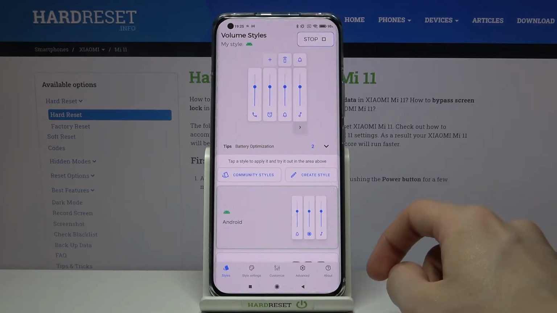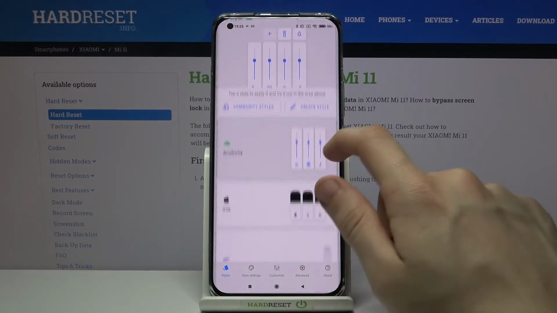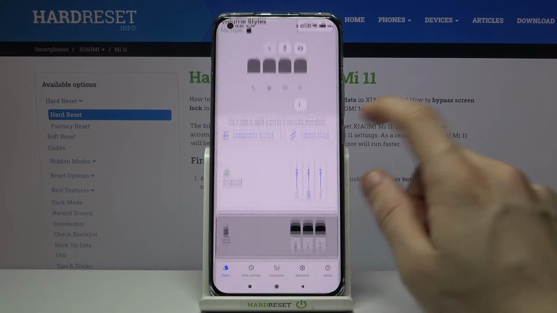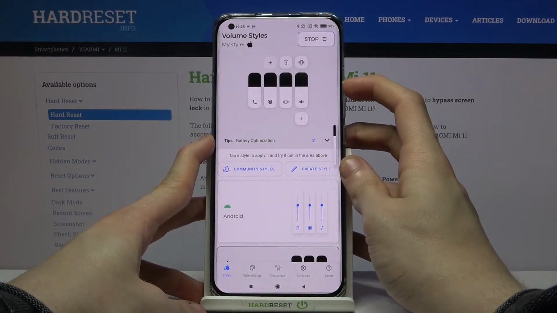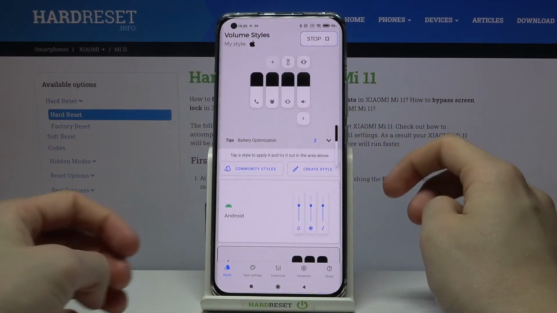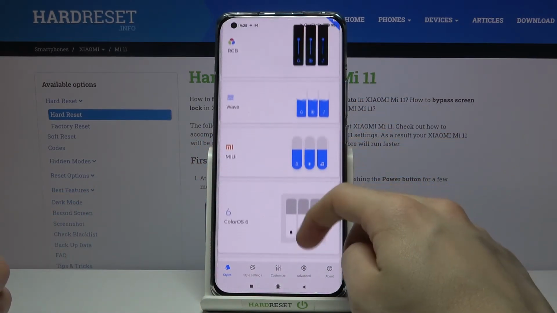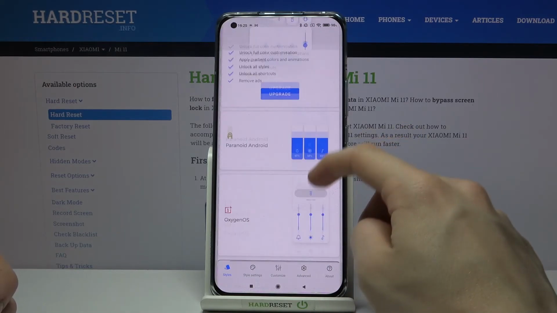Great. Now you can choose between many different themes, for example iOS. And now if we try to change the volume level, as you can see we have this little iOS styled volume panel. Let's try something else, for example